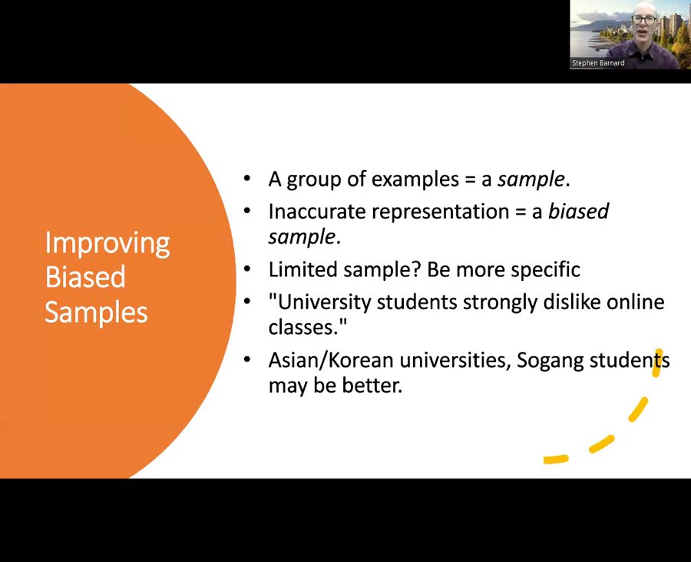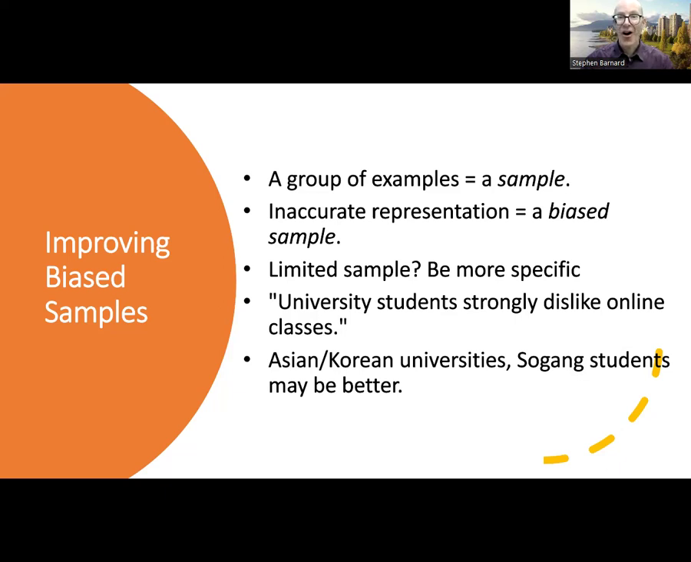Now, sometimes when people have a sample of examples, they might be biased, in which case they're not representative. Let's use this example. University students strongly dislike online classes. Okay, there's my generalization. University students strongly dislike online classes. And then maybe I take a poll, I get people to answer a survey. Do you like online classes? Do you dislike online classes? And all of or the majority of the students that I talk to say that they strongly dislike online classes. Well, in that case,